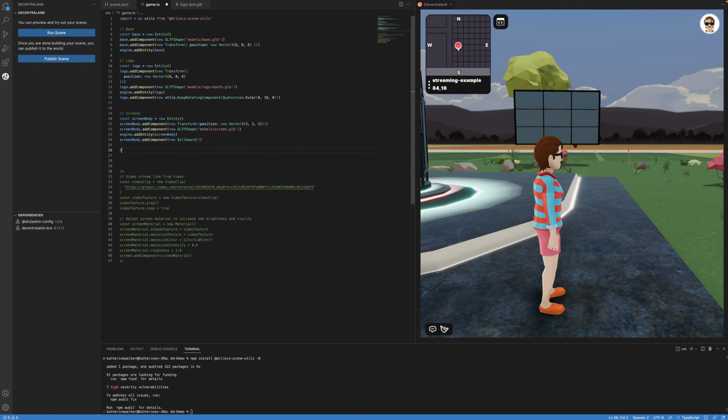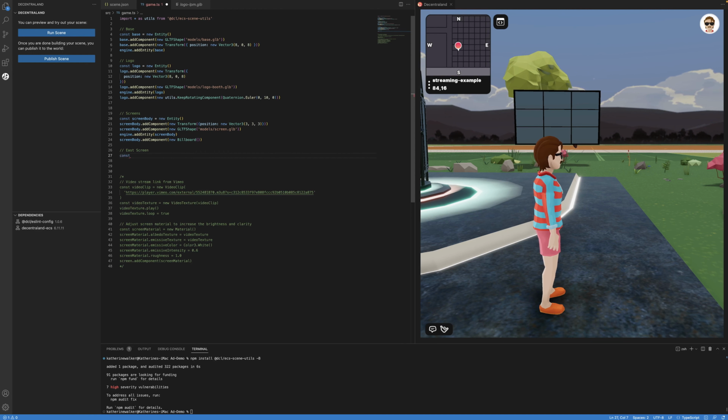So let's call this the east screen. Constant east screen equals, you know what would be really great, just thinking about this, if we could have like a mirror modifier in code, that would be really awesome. We'd save a lot of time. So east screen is a new entity,